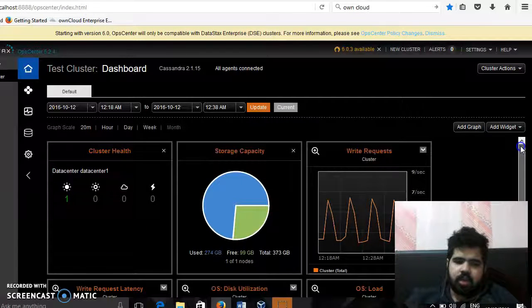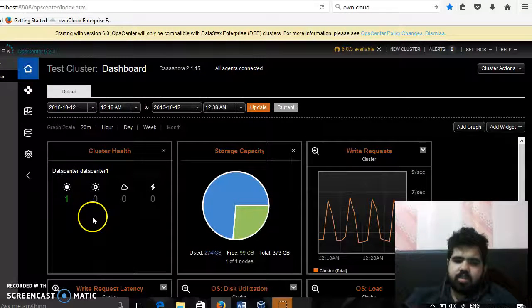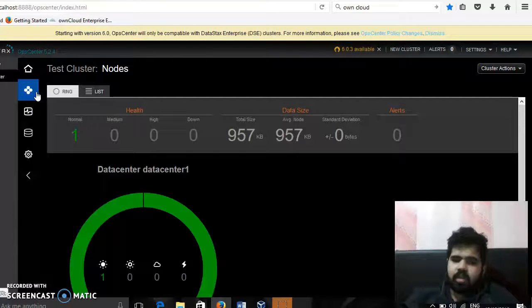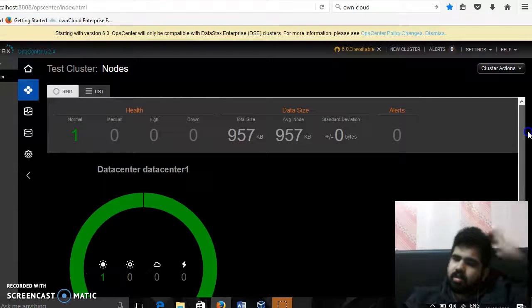a node, and the data simply gets divided between the two nodes, and it gives itself a chance by automatically rebalancing itself. At the moment, we got just one node, and it's really healthy because we haven't got much data on here. But when it goes to higher levels, as you can see, the node size is really small. But when it comes to the actual business environments, a huge amount of data is involved, and